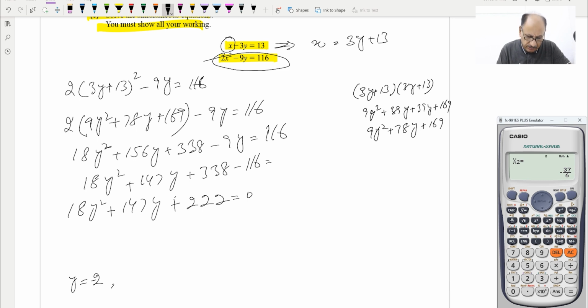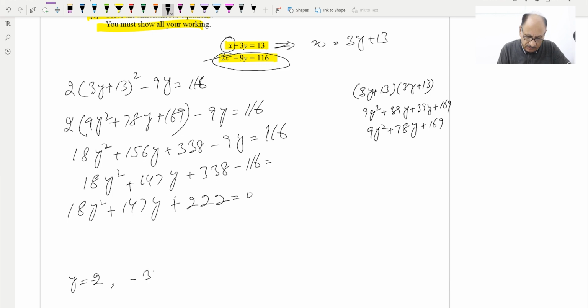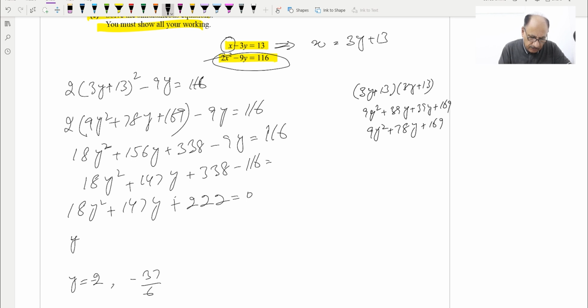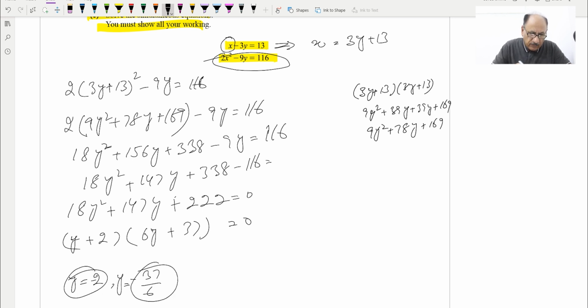Second value will be minus 37 over 6. If we check the decimal value, this is 6.166. Okay, good. So now we need to write the working. So we write y, and opposite sign will be choosing. So y plus 2 into this will be 6y, and plus 37 is equal to 0, and then y is equal to minus 2, and y is equal to minus 37 over 6, or the decimal value also we can write,